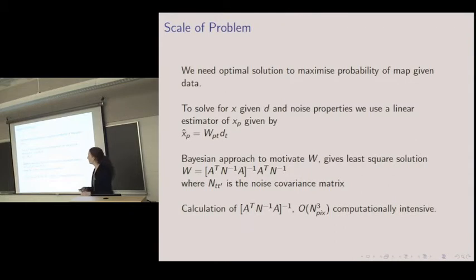So we need an optimal solution for the map given the detector time streams. We solve this using a linear estimator given by W, and W has this form here. If you act with this on a time stream, you inverse noise weight the time stream, then you project the time stream into a map, and then you multiply it by this inverse matrix here, where N is your noise covariance matrix. So this amounts to scanning, inverse